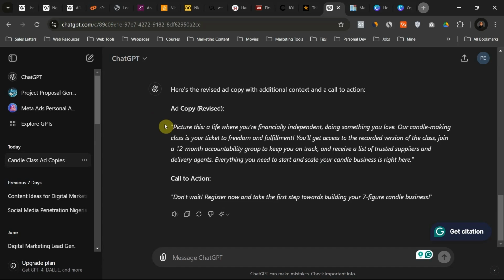This is not enough. It is not good enough. This is like 60%. What I would do is to copy this, write it again, and make it relatable to my target audience. Please don't just copy from ChatGPT and paste it on your Facebook Ads Manager. Don't do that. Make sure you sit down, dissect the ad copy, revise it, and make sure it meets and speaks to your target audience. So I'm going to copy this and paste, but don't copy and paste. This is for demonstration purposes.